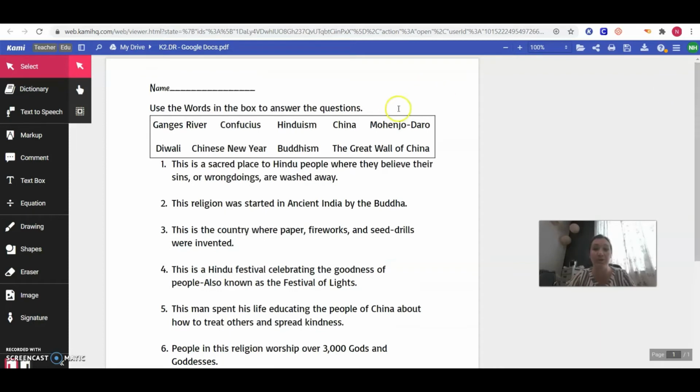So how this is going to work, in this box at the very top, I have some words. These are important key words of things or places that we have been learning about. In our box, we have the Ganges River,